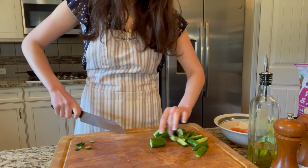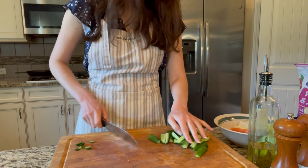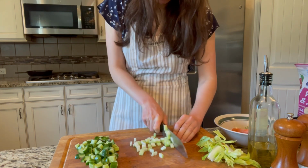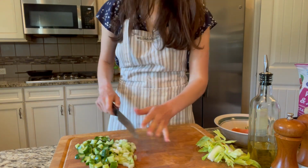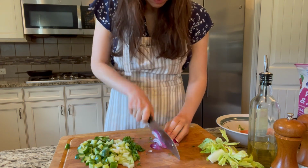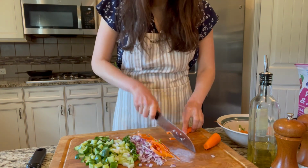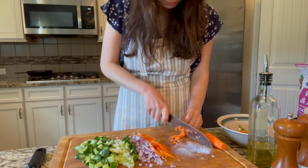Allow this to cool while you chop the rest of the ingredients that we're going to add into this salad, basically all of our vegetables here. So for the salad, I chopped up some baby cucumbers, celery, some red bell pepper, red cabbage, carrot, some fresh parsley and rosemary from my garden. I had red onion, and basically I just chopped all of these up into really small bite-sized pieces so that everything is kind of the same size